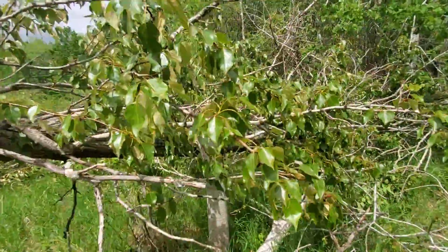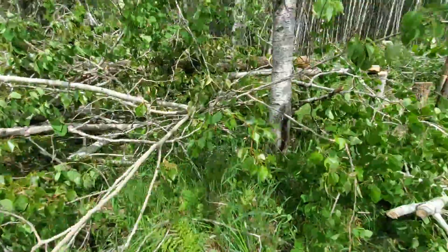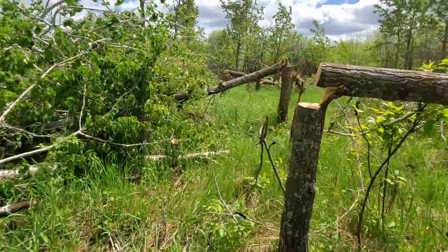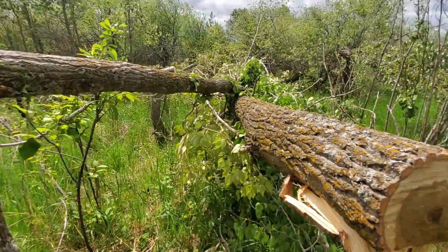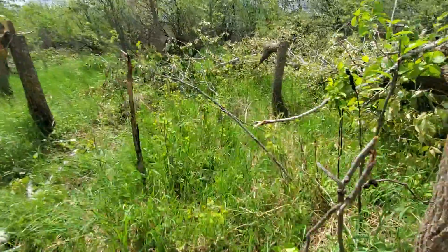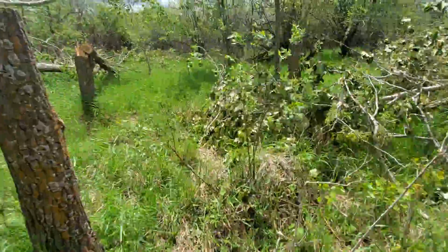So, I mean, you will get some growth for a year or two out of them, but they're just too brittle a wood. They end up dying eventually, and they're kind of dangerous to hinge, so I wouldn't advise it. I got a few here that I did. It worked out well, but